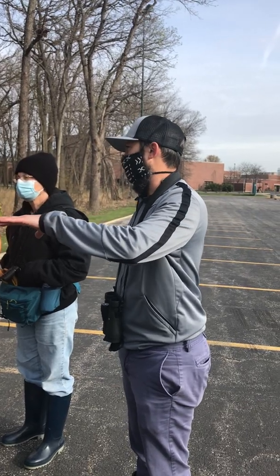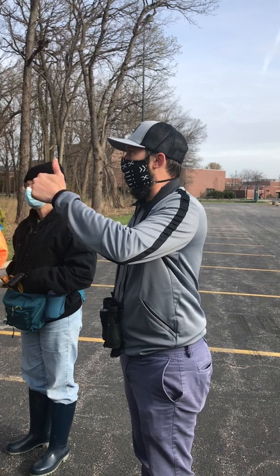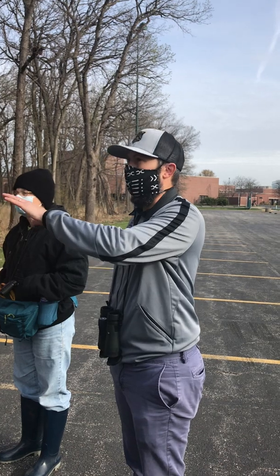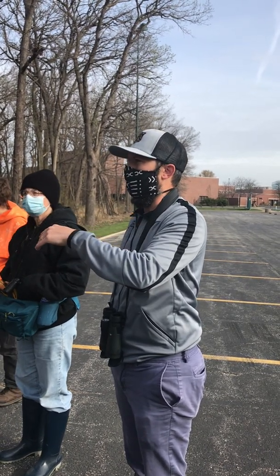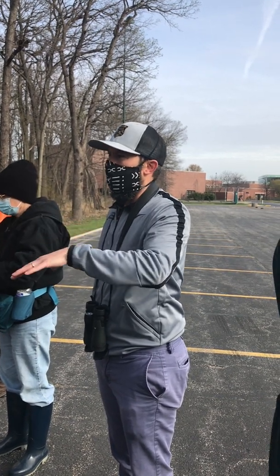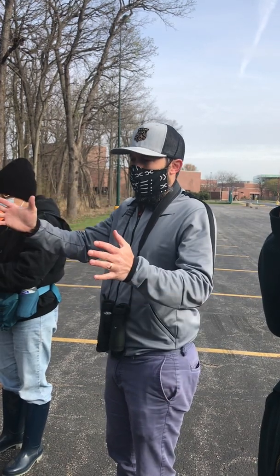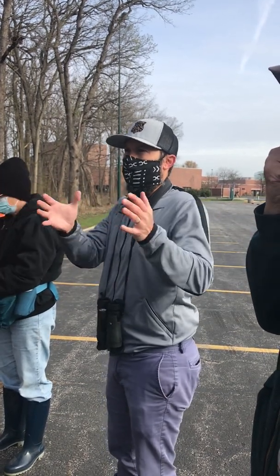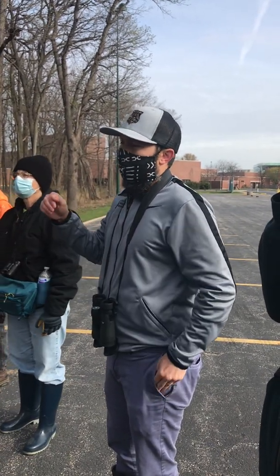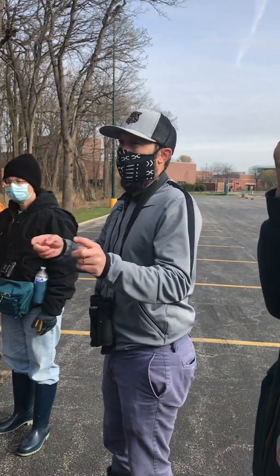Sparrow species, which are the birds that will swoop around really fast and eat insects out of the air. Blackbirds, you can see those really close up if you just park right there and hang out. But I've also seen a lot of different sparrow species right there. I don't know if it's just because you have a marshy area with a grassy area and then woods. It's a transition of different habitats in a really small area. But I've seen a lot of different sparrow species going back and forth through the grass to